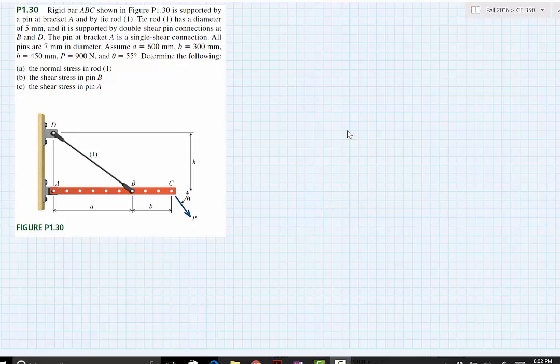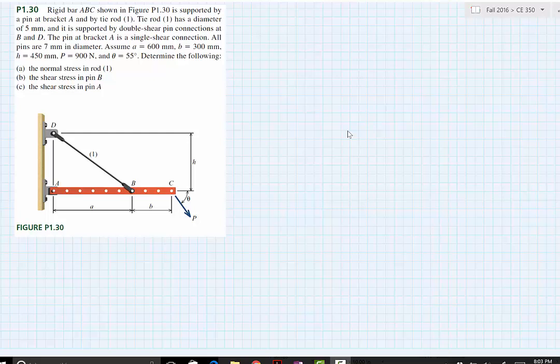Hello again. We're going to this time solve problem 1.30 out of the textbook. This problem states the rigid bar ABC shown in the figure is supported by the pin at the bracket A and by a tie rod 1. Tie rod 1 has a diameter of 5 millimeters and is supported by the double shear pin connections at B and D. The pin at bracket A is a single shear connection and all the pins are 7 millimeters in